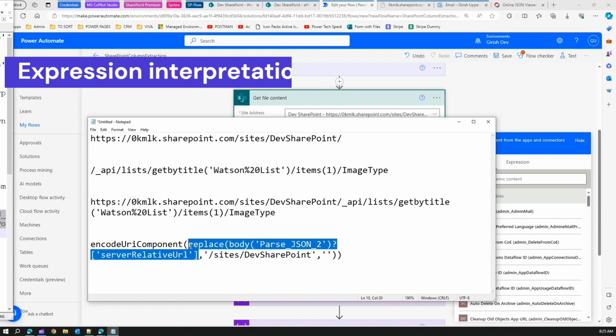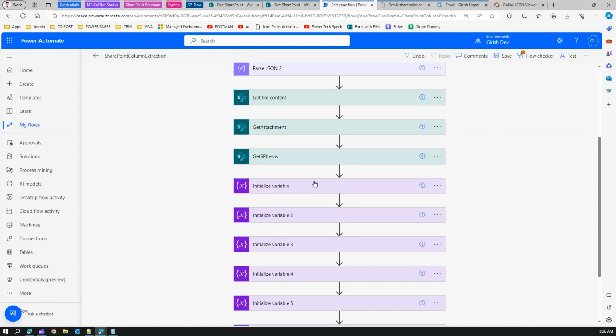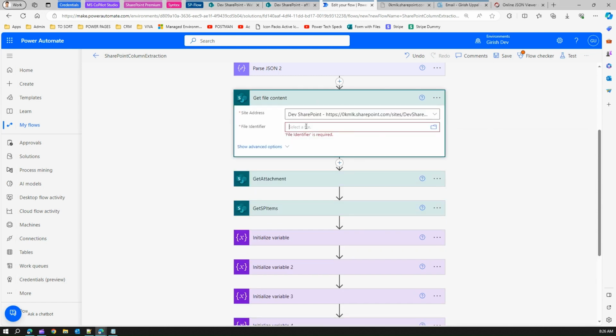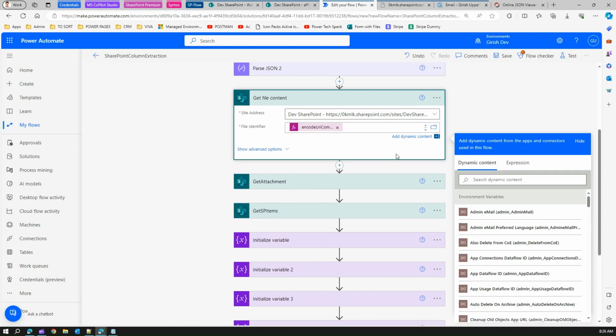So from here we get the server relative URL, and then we say this belongs to site slash dev SharePoint, and then the last parameter will be blank. Okay, so I'll just copy this. What essentially it does is it relates that file, because this file is from dev SharePoint. However, it is stored in the server relative URL path, which I showed you a while back, that is stored in the site assets. So if I go to expression and paste this value,